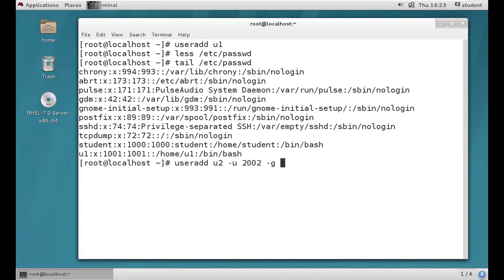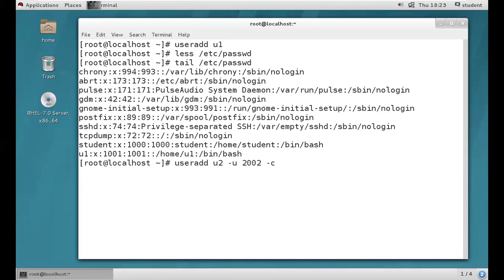At present, don't give small -g. You are going to get an error because there are no groups. If you have an existing group, then you can give -g, which means primary group ID. So we don't have any existing groups. If you have an existing group, then you can give the existing group ID. At present, don't give -g. I'll tell you about -g later. If you give -g, you are going to get the error, so no need to bother. As I said, while you are creating the user account, automatically one group will be created, that is the primary group. So the group ID is created automatically, no need to bother.